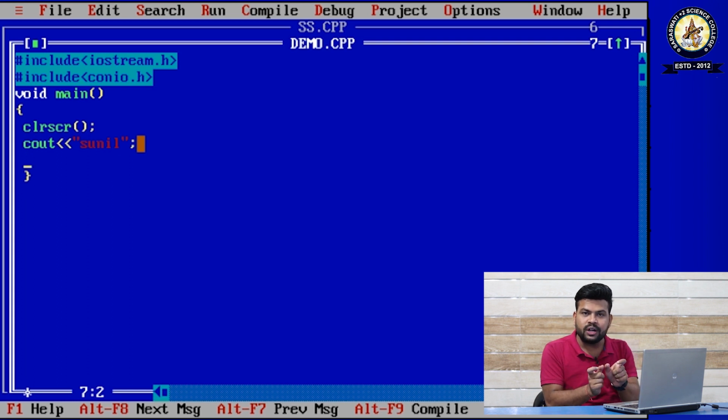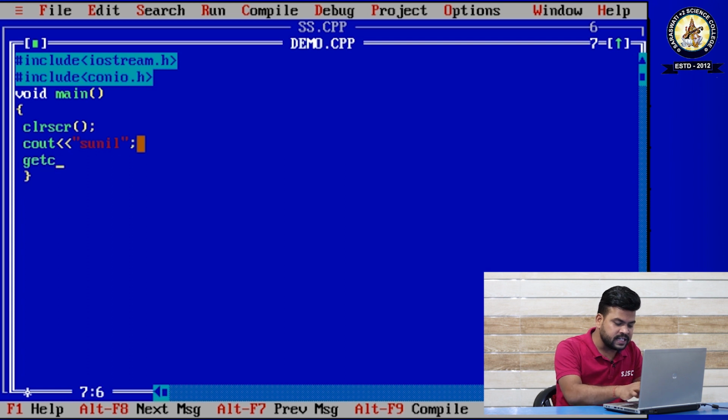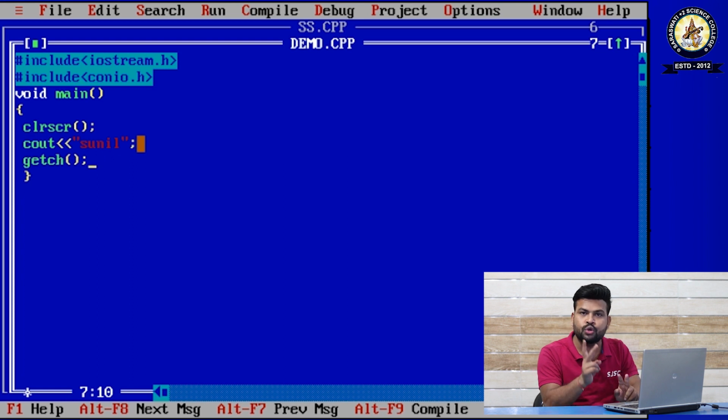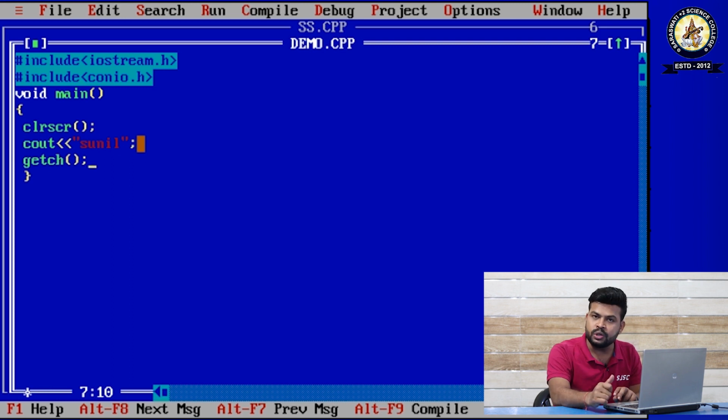If you want to display the result after running the program, then you have to use the getch function. So here I used two functions. The first function is clrscr. The second function is getch. What is the purpose of using these functions? The clrscr function is used to clean the output window before displaying my result or output.